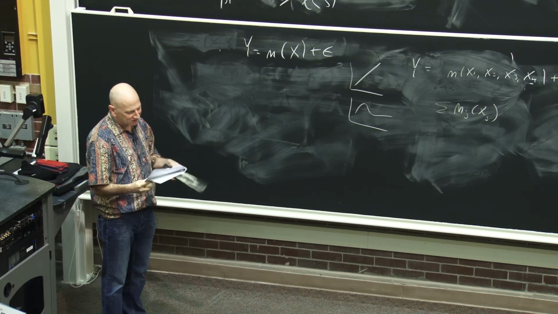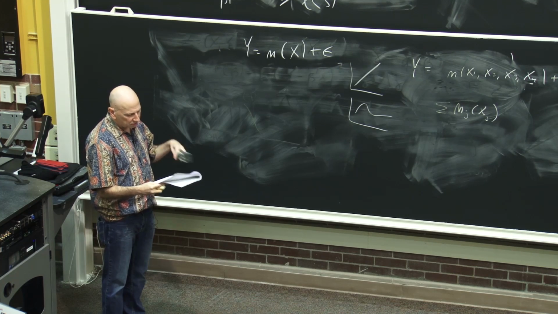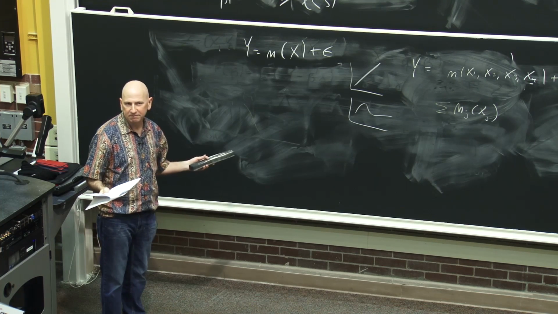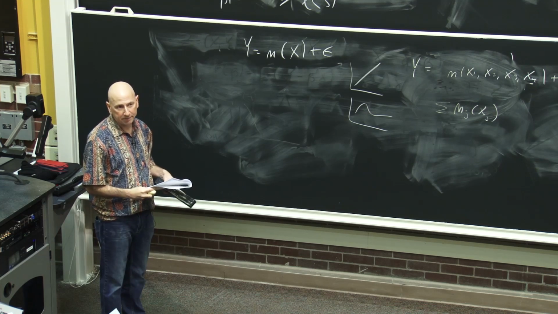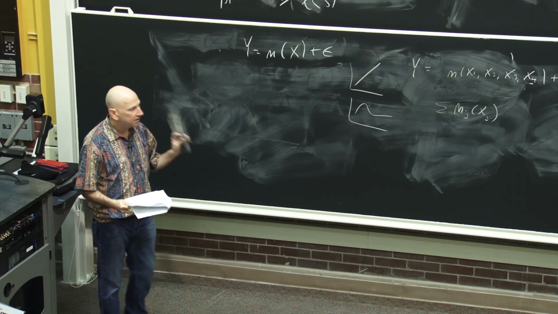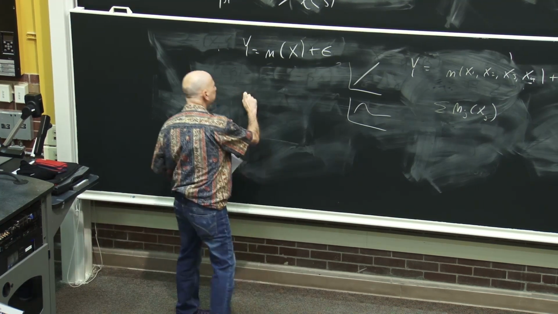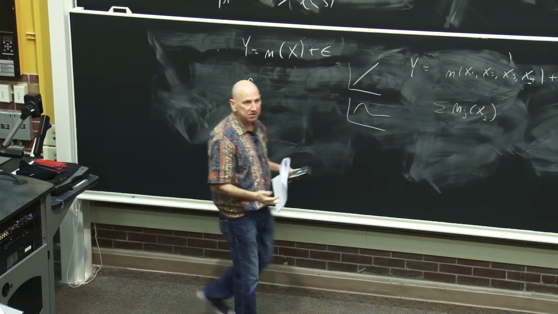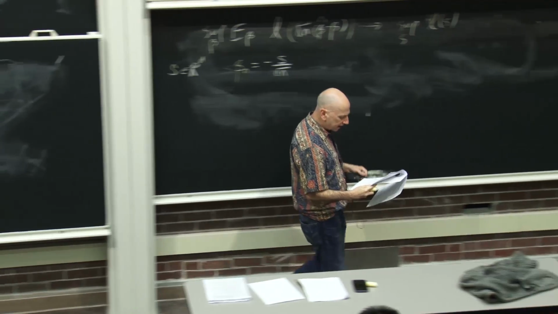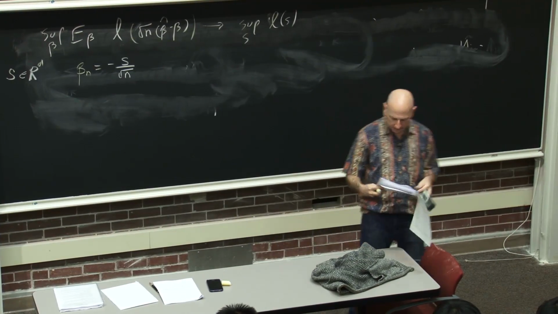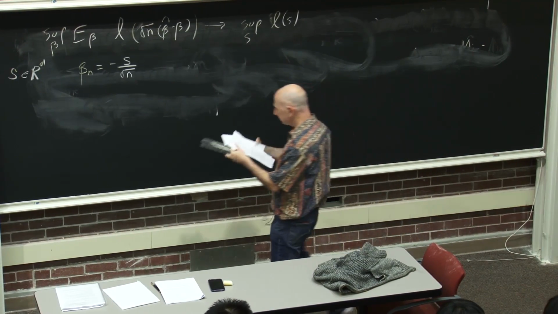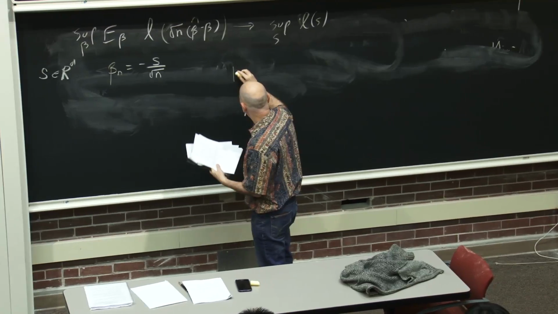But there are subtleties. So in section 2, there's a little reminder just of bias variance breakdown. I'm not going to go through that. That's just to remind you. We've talked about that before. Right? Any estimator, m hat, there's going to be some bias and there's going to be some variance. You already know that. And there's also going to be a notion of minimaxity.